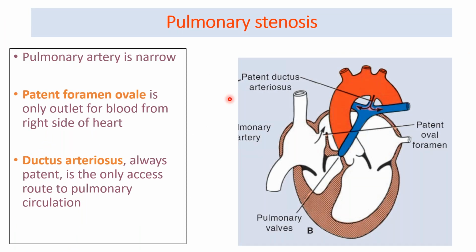Now coming to the pulmonary stenosis. Pulmonary stenosis means the narrowing of the pulmonary artery. In pulmonary stenosis cases, there will be patent foramen ovale because that will be the only outlet of the blood from the right side of the heart, because it has completely stenosed. So the right ventricular outflow is disturbed, and whatever blood is there in the right side is going to pass to the left through the patent foramen ovale. Also, it is associated with the patent ductus arteriosus. This we'll learn in the third part of our lecture, CVS development.